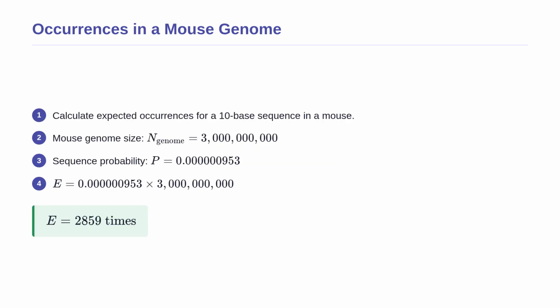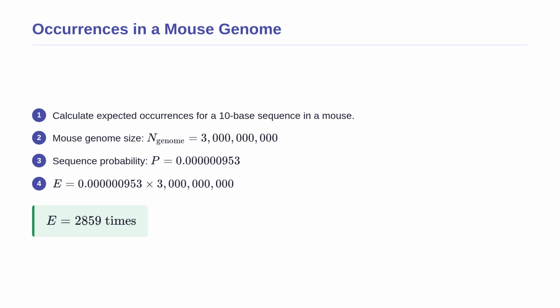Let us apply this expected occurrences formula to our previous example. We are editing a mouse genome, which contains roughly 3 billion base pairs. We want to know how many times our 10-base sequence will appear. We take our calculated probability of roughly 1 in a million and multiply it by the genome size of 3 billion. The result is